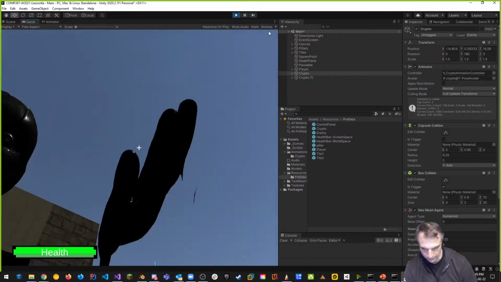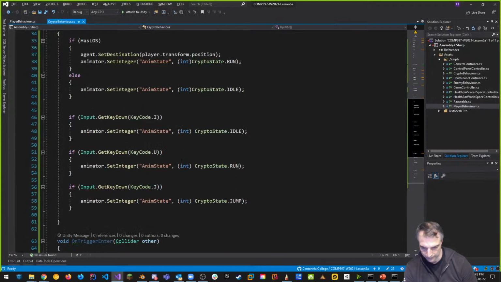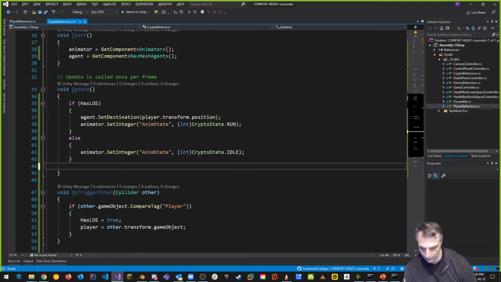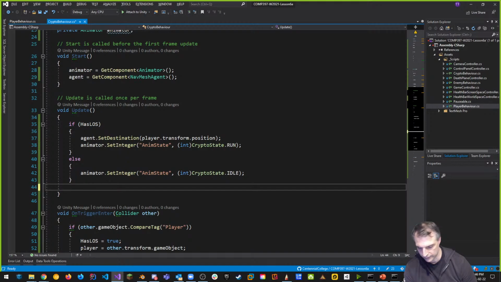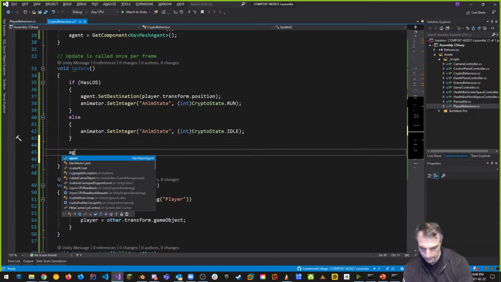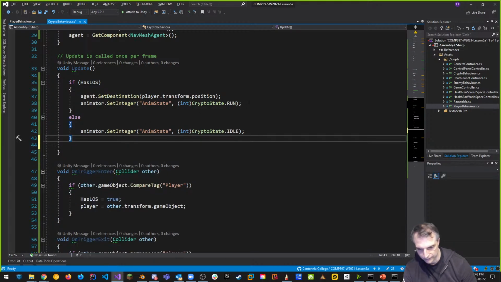And then upon arrival, he should just stop. So upon arrival, this is another thing you can do. We don't need these keys anymore. So when I arrive, and by the way, it doesn't matter if I have line of sight, if I'm close enough to the player. Well, I guess it would have to have line of sight. So I have to have line of sight, and